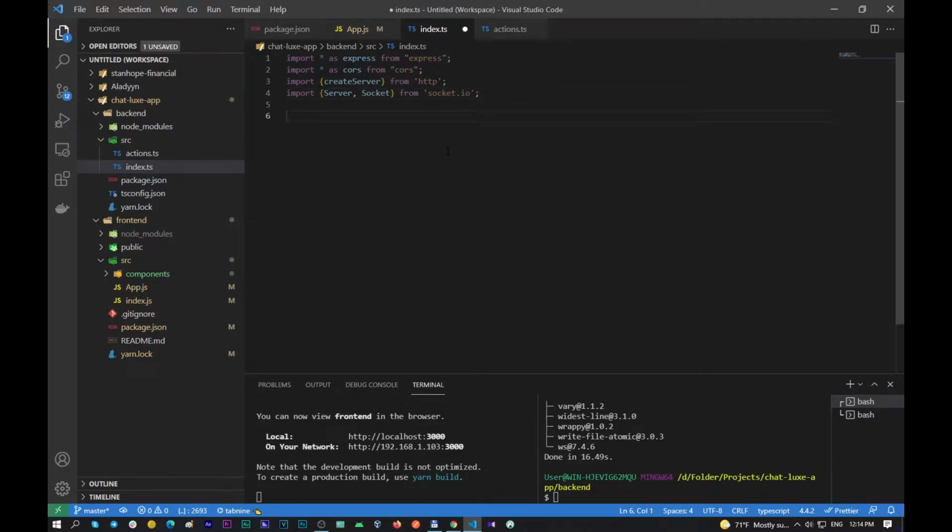And const app is equal to express, and const port is equal to